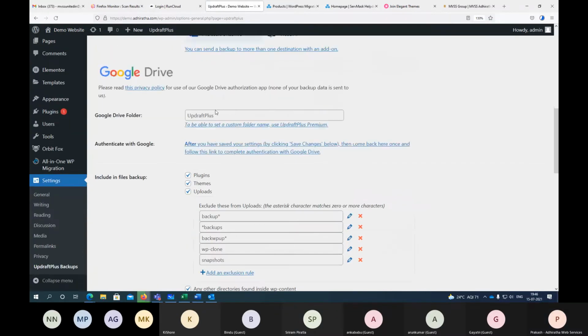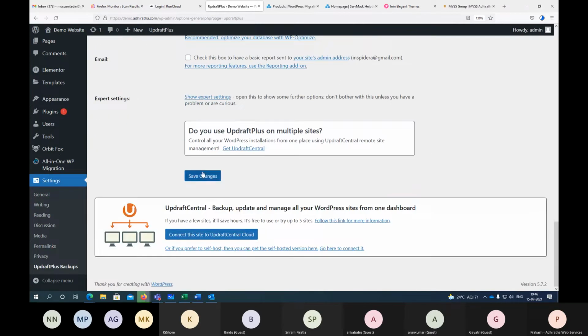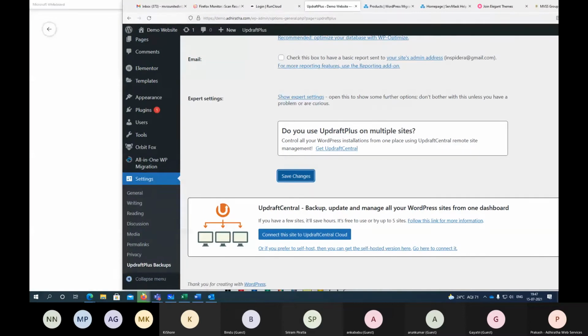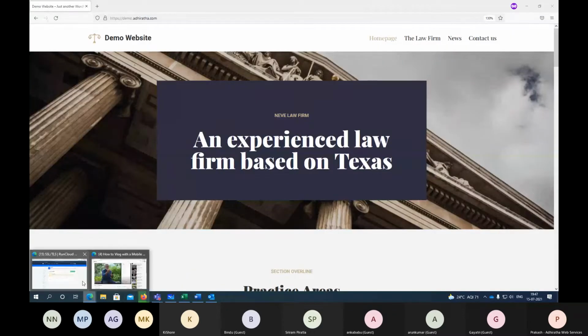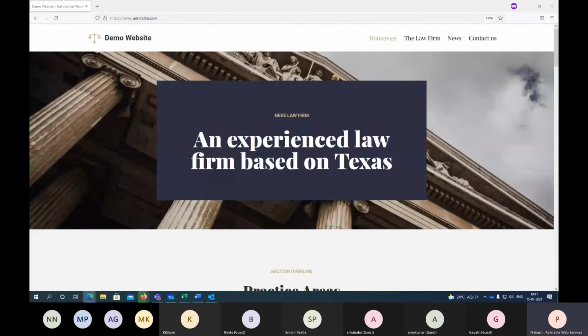Settings. Let me try from a different browser.